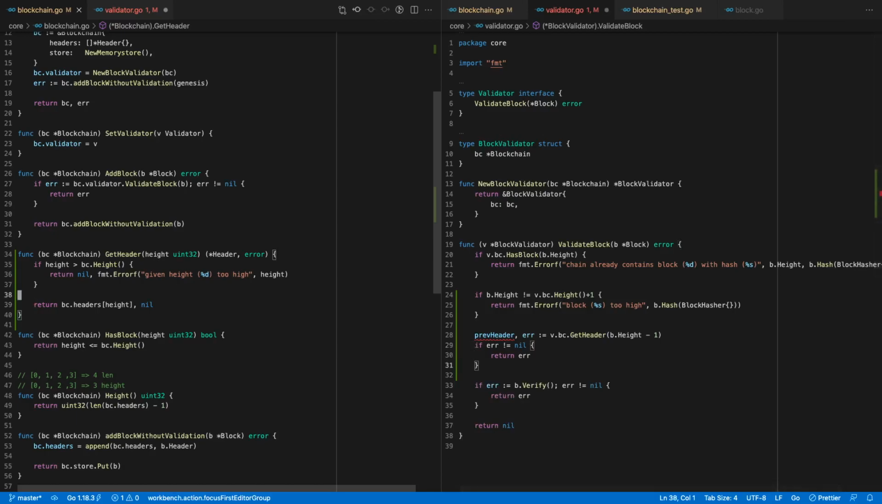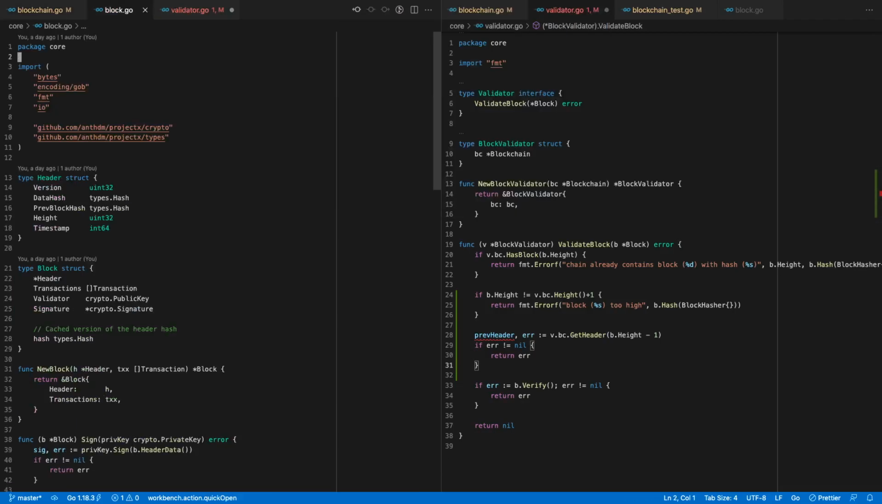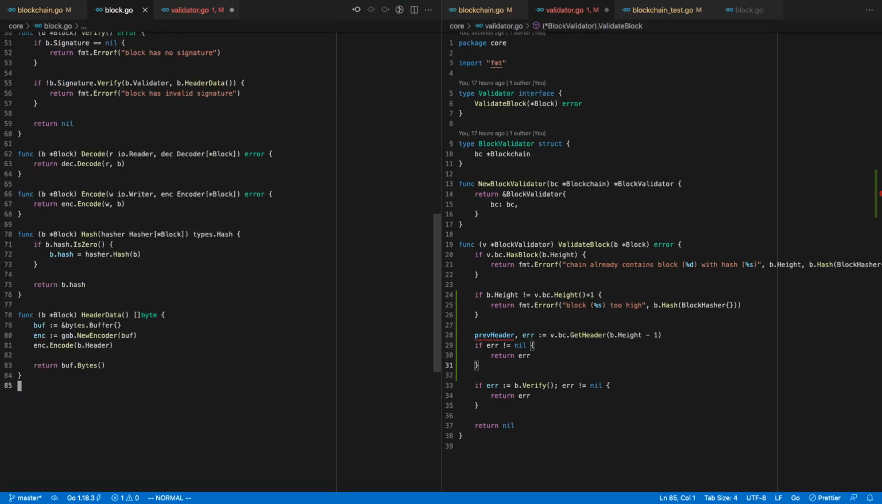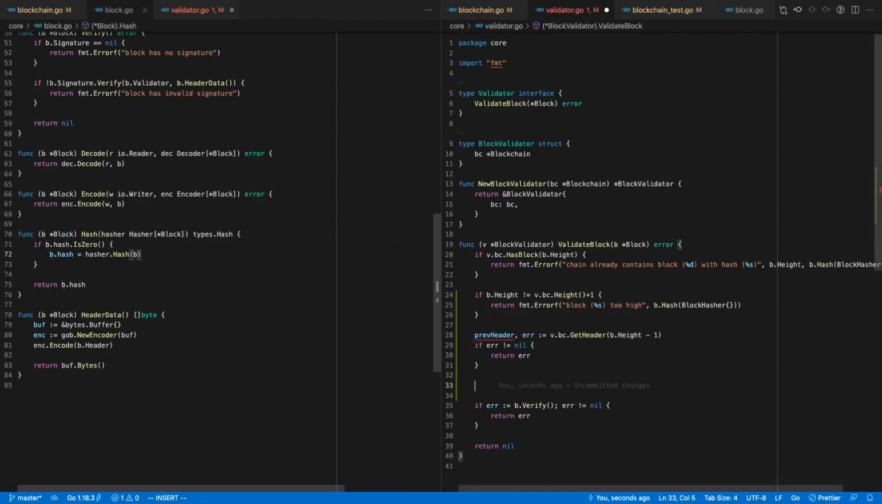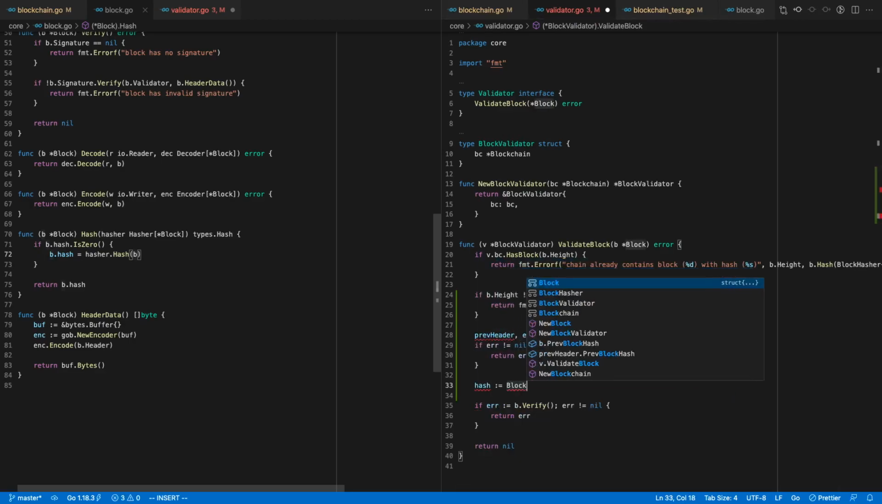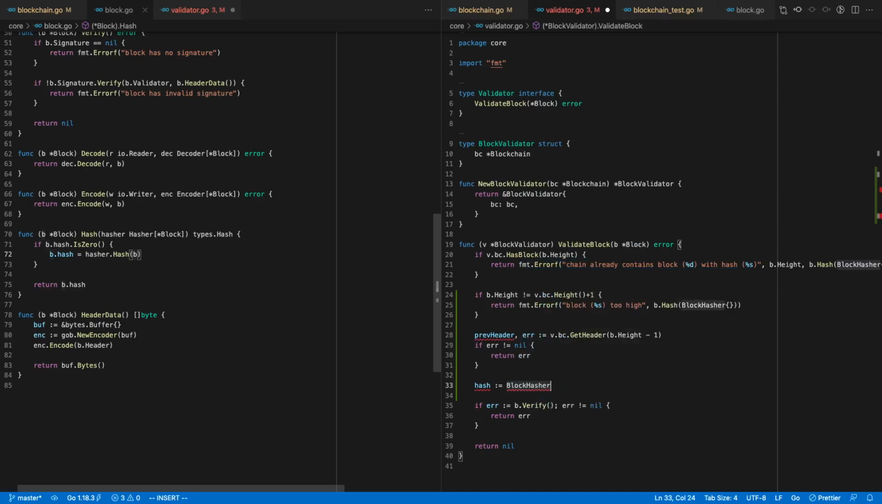The problem is, guys, that if you open block, what we did here is b.block.header data, and if we do hash, we give it a block. So let's say we want to do hash is block hasher, like this, and we hash, we need to give it a block. The thing is, we don't have a block. So what we could do, a couple things. We could say just go to storage,